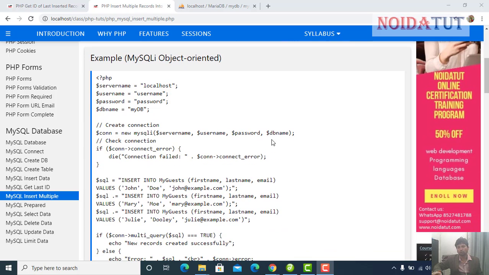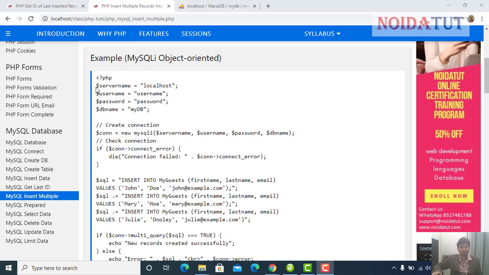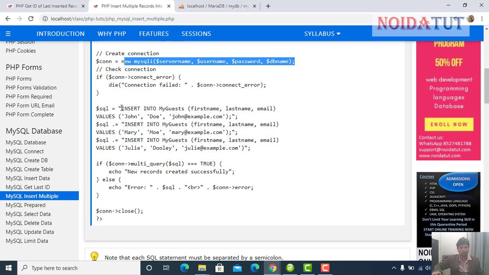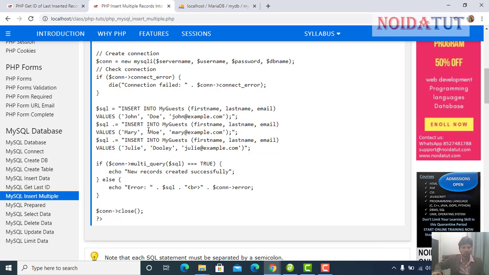Now let us have a look at how we are going to work with this. You can see that this is the name of the server, username, password and database name. Now we are checking the connection, that is the communication between the web page and the server. After checking the connection, we take the insert query and the values. You can see that there are multiple values and variables. Now what we try to do is first copy this insert query,